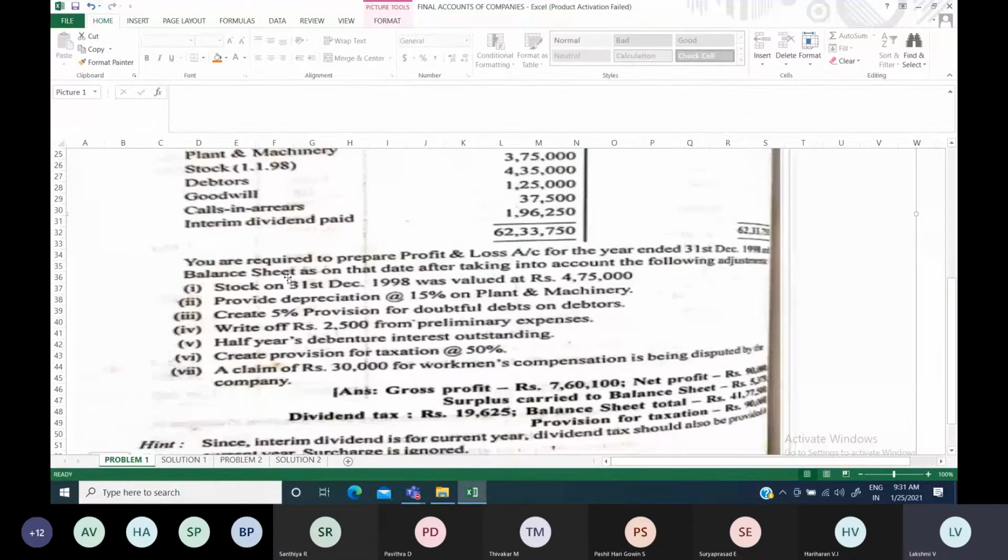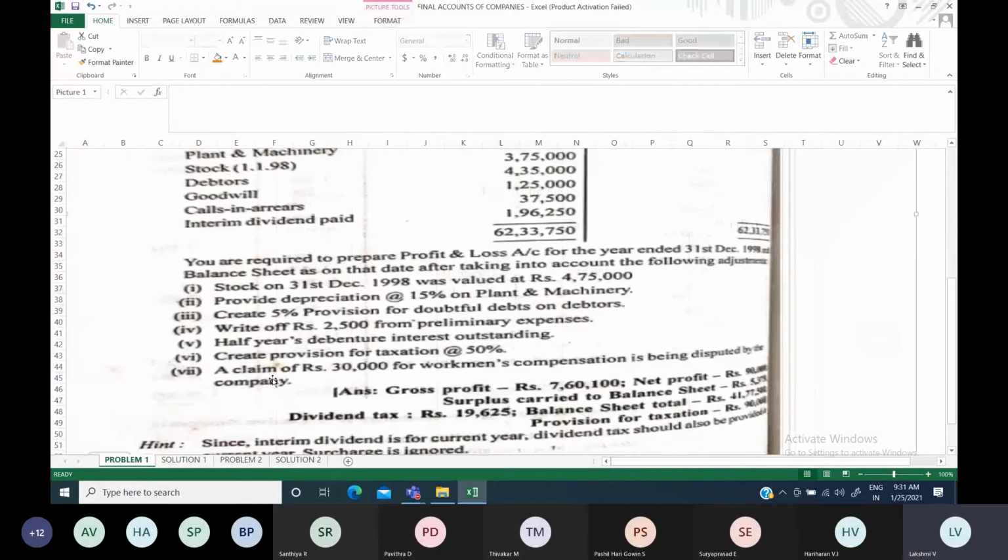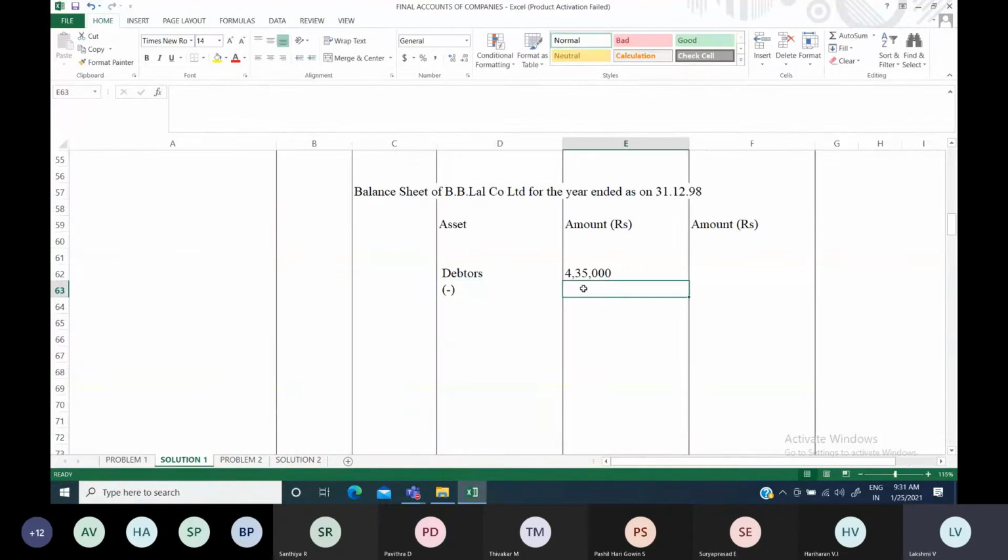So if you see here, there is no bad debts, but there is a provision for doubtful debts. If bad debts were there, you would have to deduct that first. Okay, but in this question, we don't have bad debts. Instead of that, the provision for doubtful debts is straight away there. Okay, so if you want, you can show bad debts as nil and show again 4,35,000. After that, you can subtract the provision for doubtful debts. Anyway, that is right. Or else, for a question like this, we can straight away move to this one also.